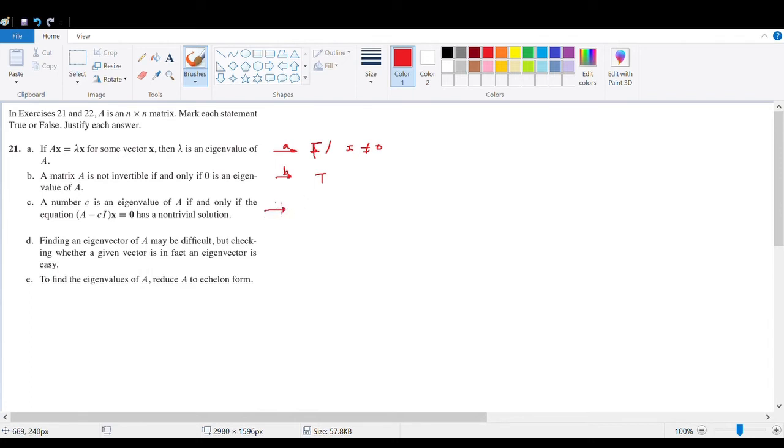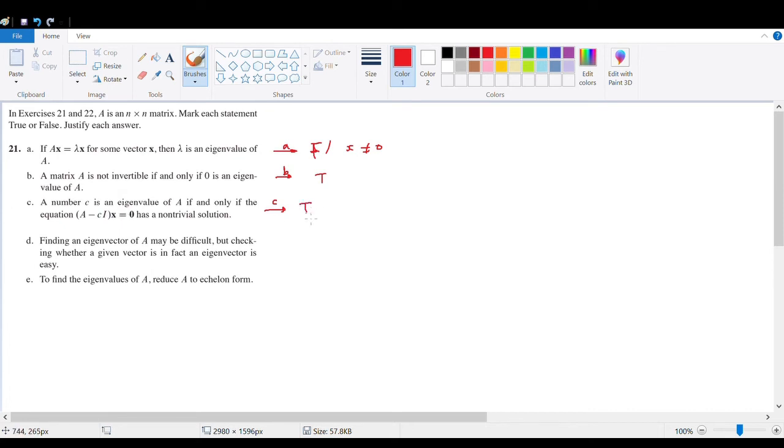Then for C, a number C is an eigenvalue of A if and only if the equation (A minus CI) multiplied by x is equal to 0 has a non-trivial solution. This one is an eigenspace for this matrix corresponding to an eigenvalue lambda equal to C,